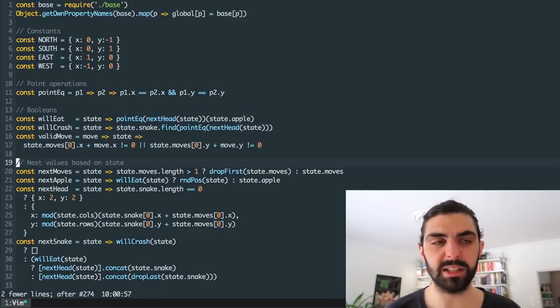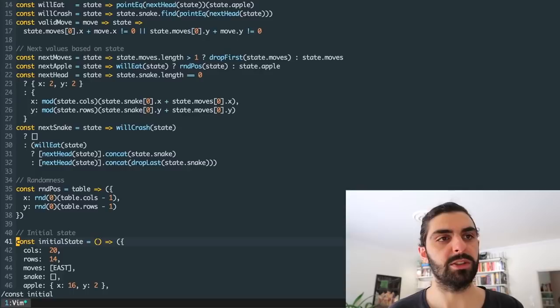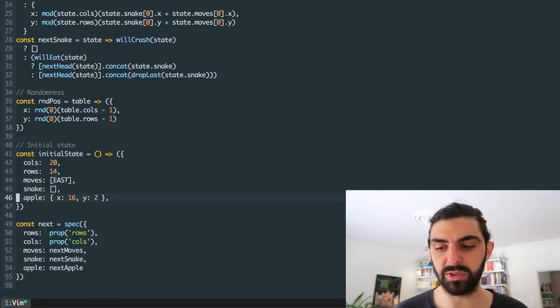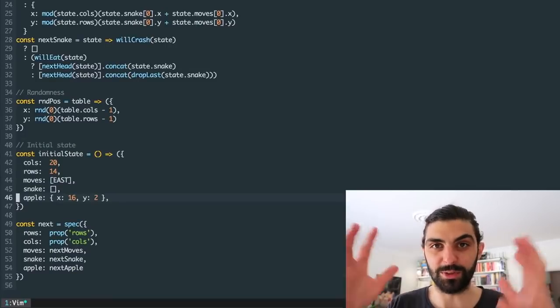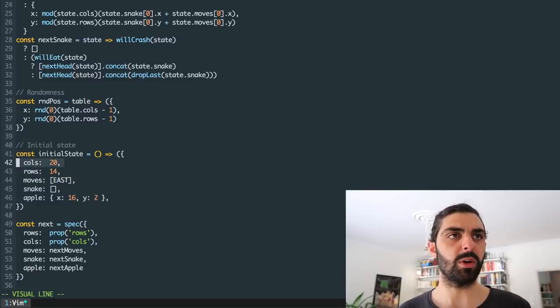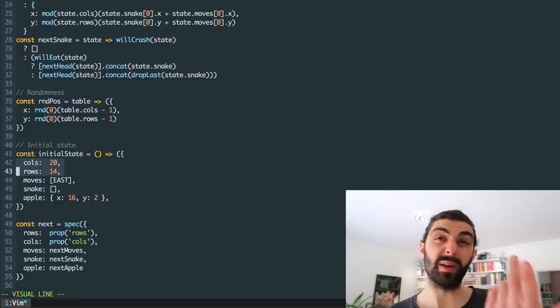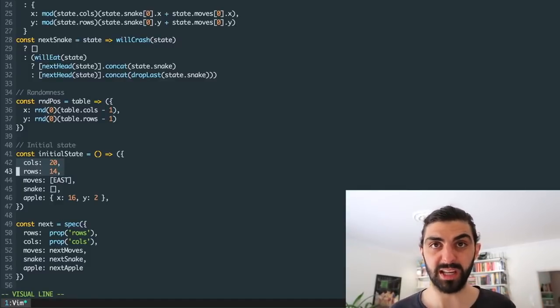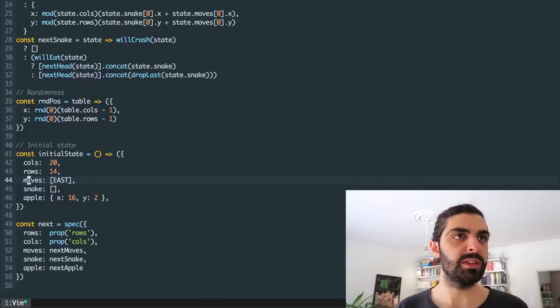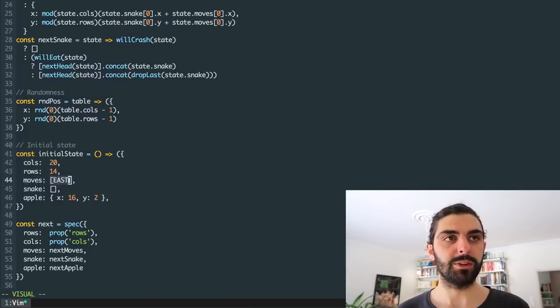Actually, before we go any further, let's look at the state. So initial state, let's go here. We said previously that there's a function called initial state that returns the initial state that all of the other states are sort of built from. So in the initial state, we have just a few things. We have some number of columns and some number of rows. Maybe it's not the best place to store these because they shouldn't change over the course of the game, but if you think in terms of levels, then maybe this could actually change, but who knows. But then we have a list of moves,